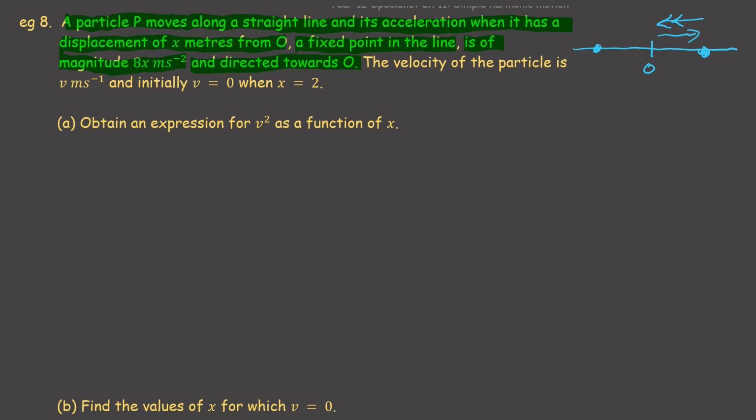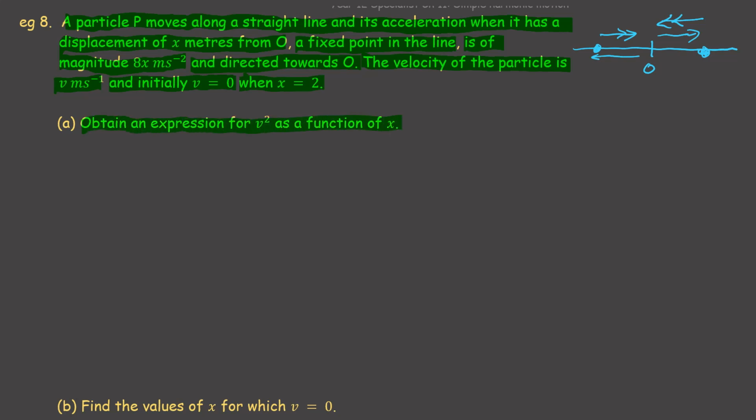But if we're over here and x is negative, the acceleration is this way. So the acceleration is always in the opposite direction to the displacement, and we'll see how that manifests shortly. The velocity of the particle is v meters per second, and initially v is equal to 0 when x is equal to 2. The first thing we want to do is obtain an expression for v squared as a function